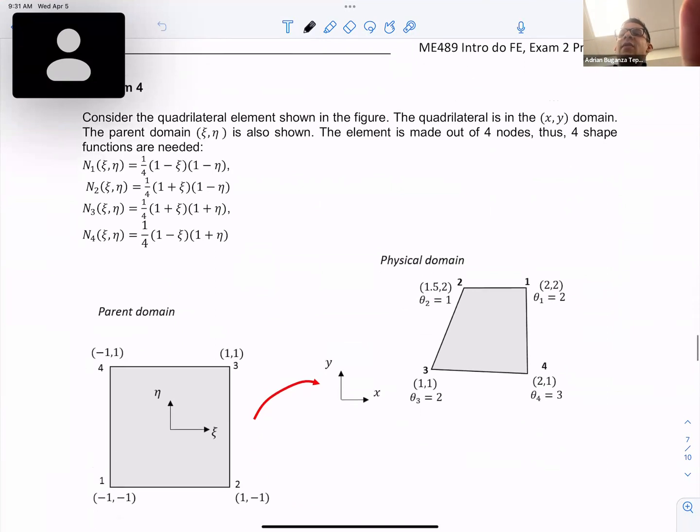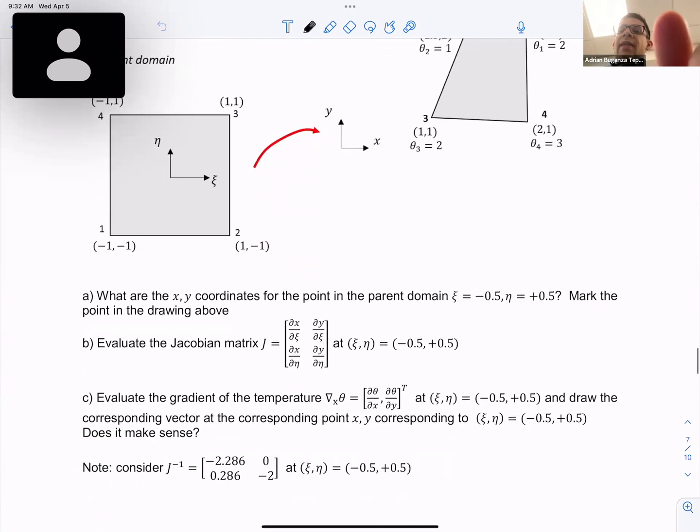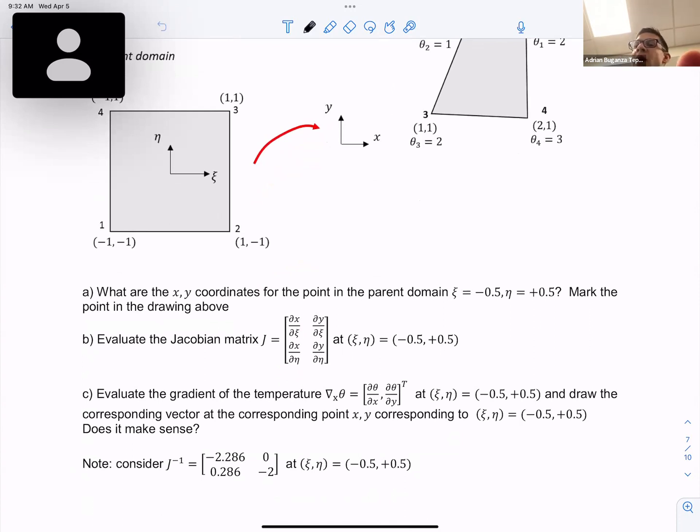So consider the quadrilateral element shown in the figure. The quadrilateral is defined in terms of the XY domain, but then there's also the psi eta triangle. And the element is made out of 4 nodes. The shape functions are given. And then we are asked about the XY coordinates of the point that has, in the psi eta coordinates,